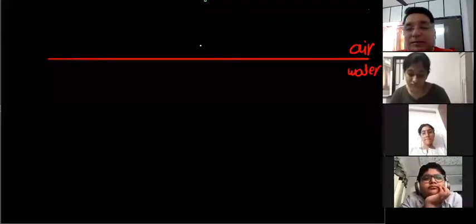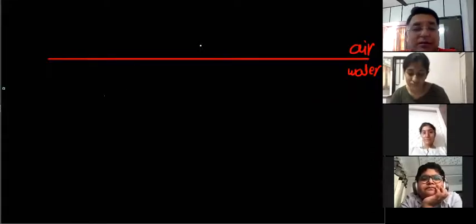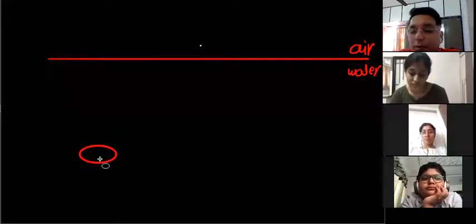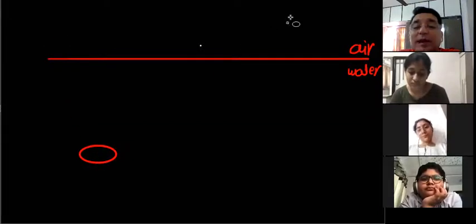Okay, so what we are saying is you have a surface over here, water. The bottom portion is water and the top portion is air. That means there is all water below the line. Now what we are going to do is, if you put a coin over here, we are putting the coin inside the water.